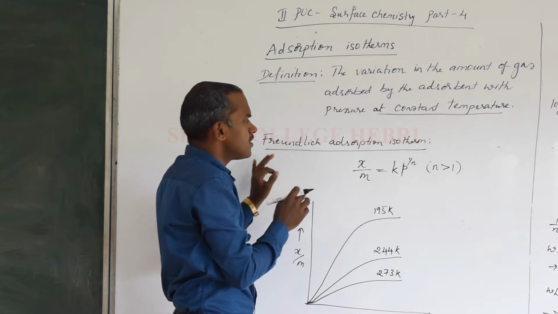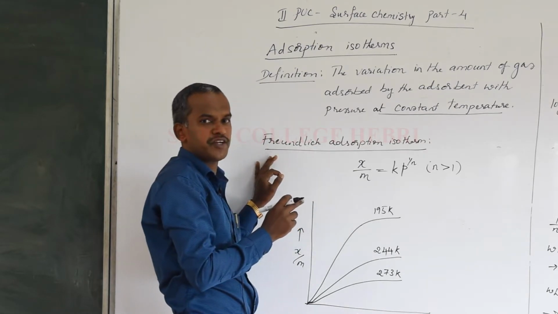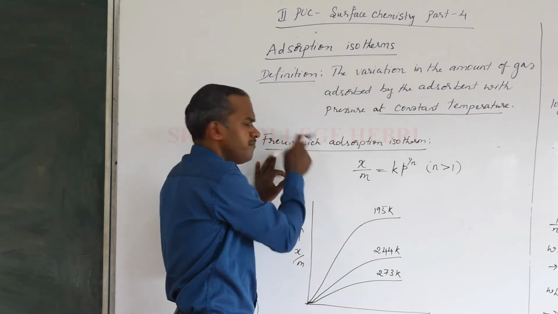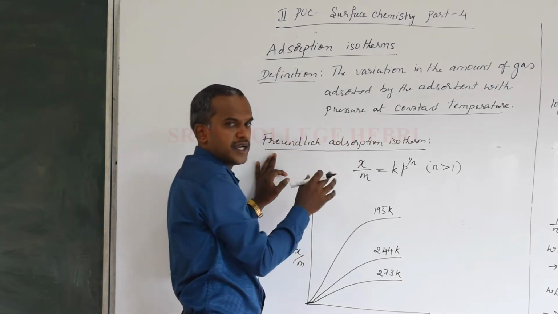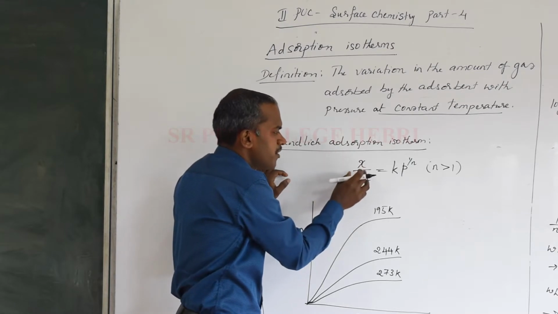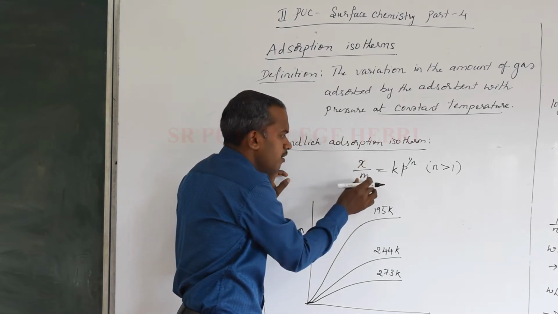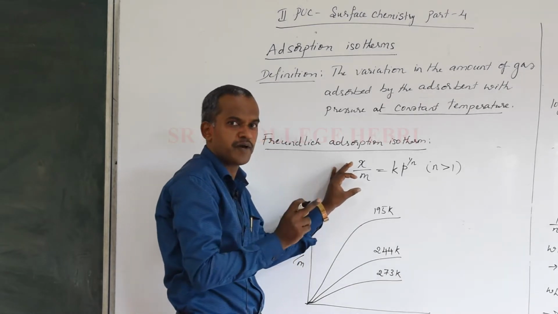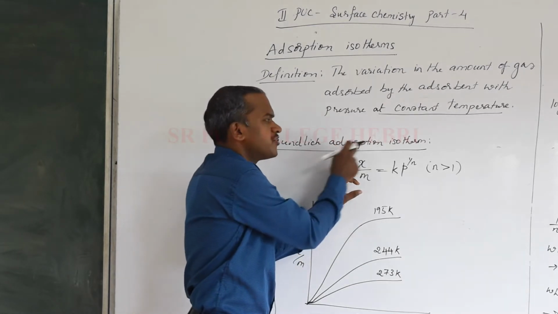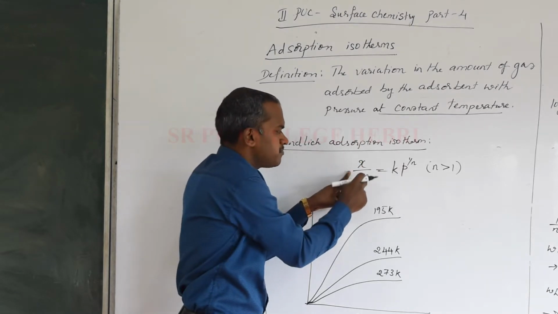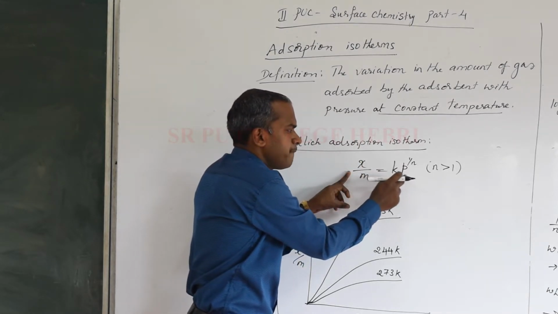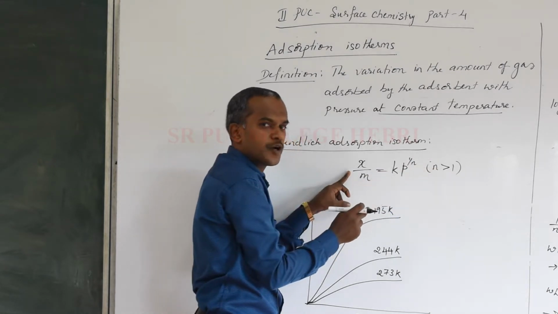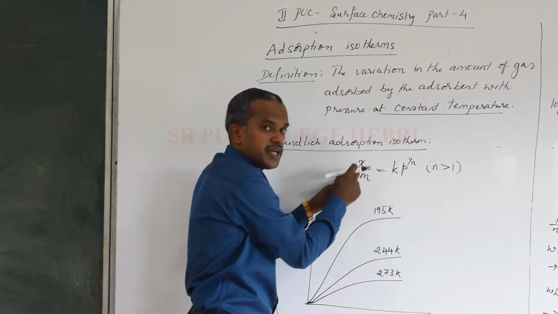Now there is one important adsorption isotherm we are studying, that is Freundlich's adsorption isotherm. It's a scientist's name. He proposed this concept in 1909, which is based on the amount of adsorbate on unit area of adsorbent. Remember this expression, again it can be asked for 1 mark. What is Freundlich's adsorption isotherm? x/m = kp^(1/n), where n value is always greater than 1. Now you will ask what are these variables?